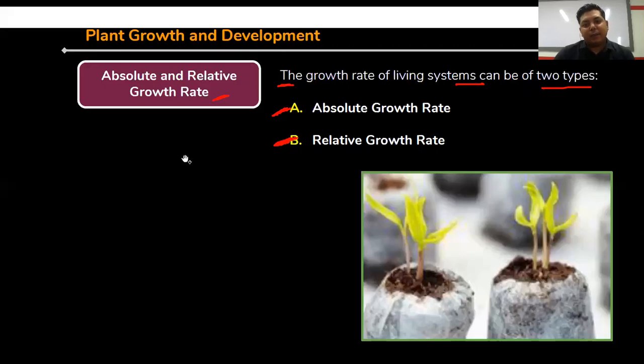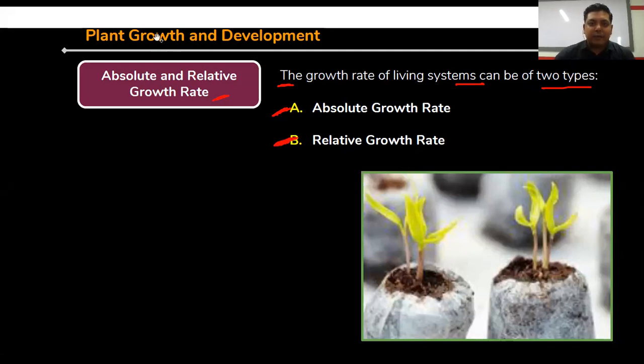So in last class, you have learned about the growth, type of growth rates, right? As well as development, differentiation, de-differentiation, and redifferentiation, plasticity, clear, and the development of different types of growths, clear. So we are studying now the plant growth and development chapter from the plant physiology in your class 11 syllabus, right? So last class, two terms are left, right?